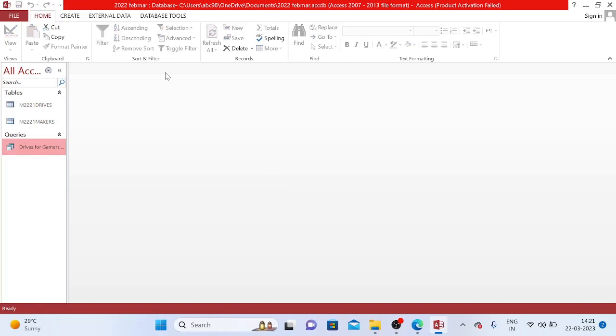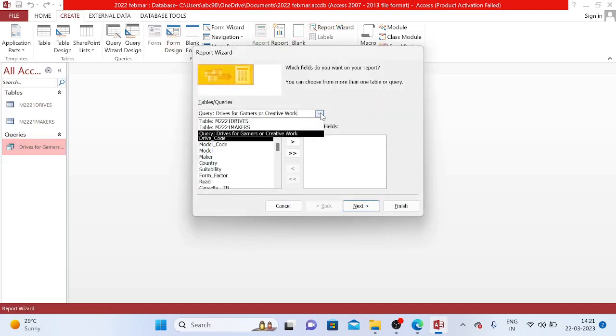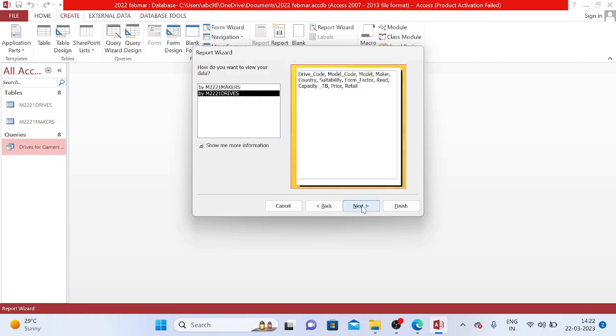For creating queries, for creating reports and for creating labels, you will get all these options in create tab, queries group, even forms. So report, forms, queries and tables, all the options are here. So click on create tab. In reports group, you have to click on report wizard. Now, because we have already created the query and retrieved the fields which we want and applied criteria, so we'll select the query itself because all the requirements for that report are in the query and I'll take all the fields this side. You have to make sure that all the fields are in the sequence. Then next,